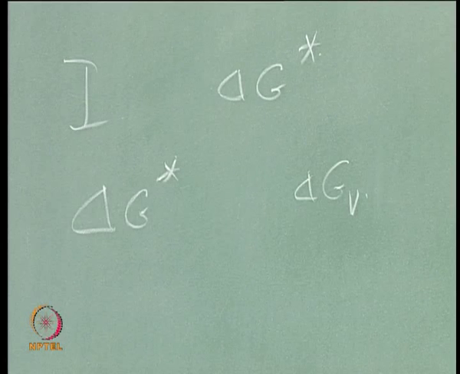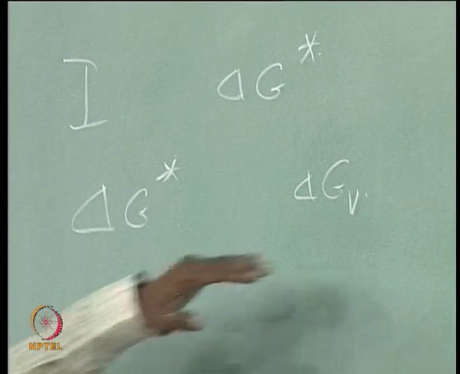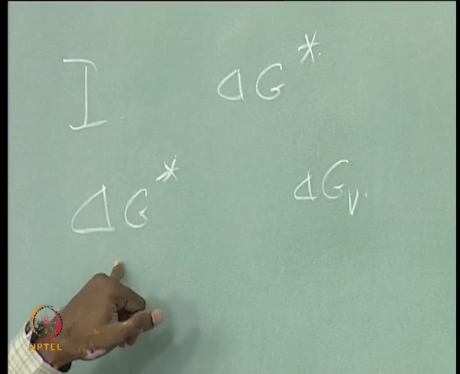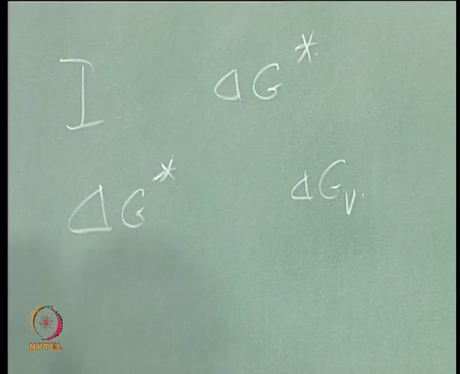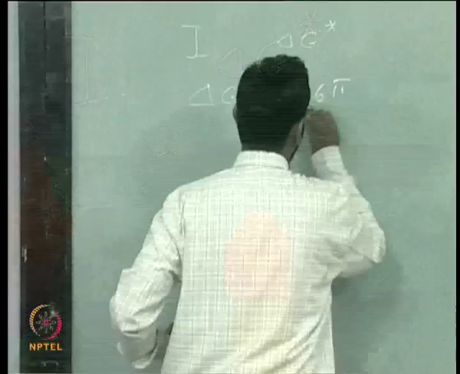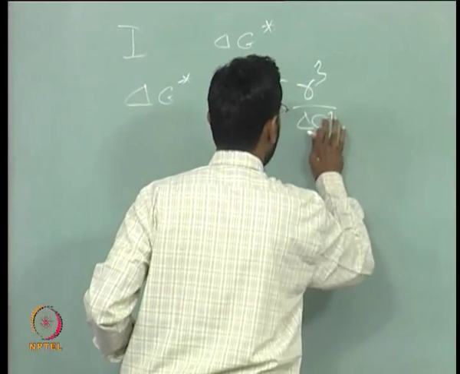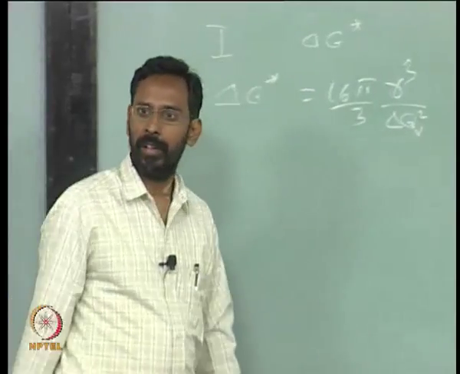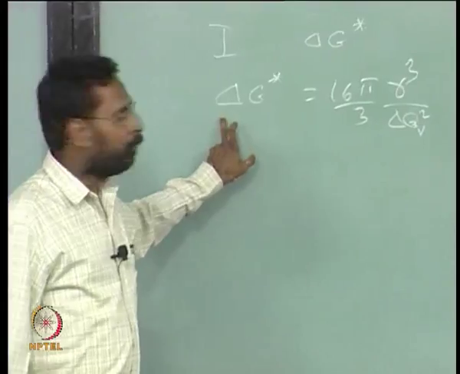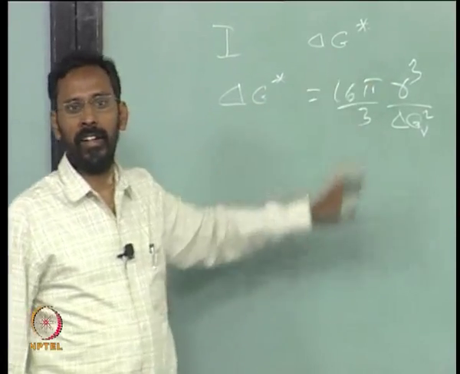For a spherical nucleus we can talk about it, and if that is what controls delta G star, for example I can put the equation for this case, let us say 16 pi by 3 gamma cube by delta G V square, let us say. So, that means this controls this, which to a large extent controls this, at least at the